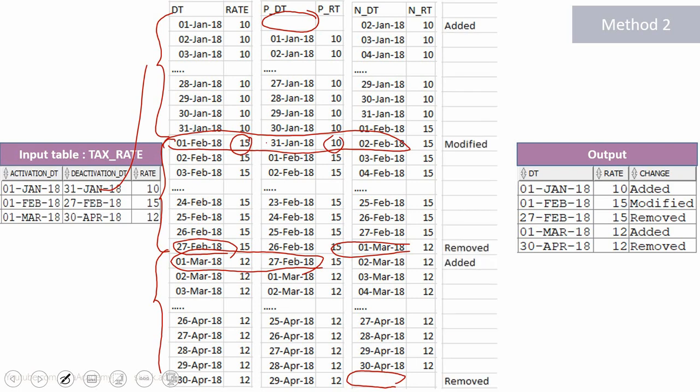Using that, you can compute this. Now you can exclude all these nulls and take only the not null added, modified, removed rows so that we get the expected output. Probably I will show you this in the next immediate video in this tutorial.